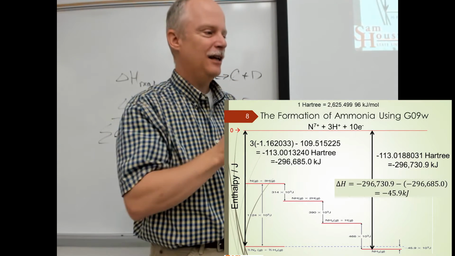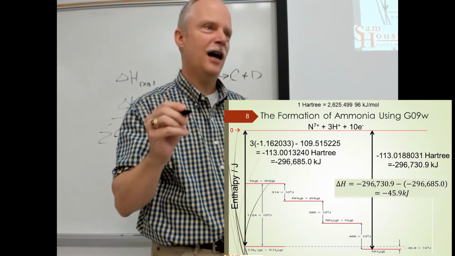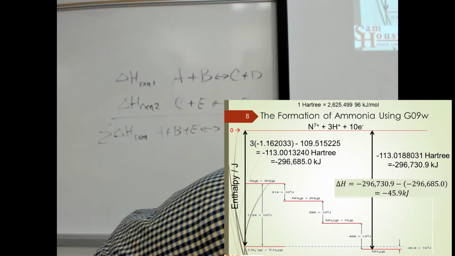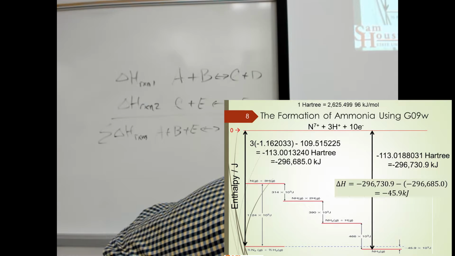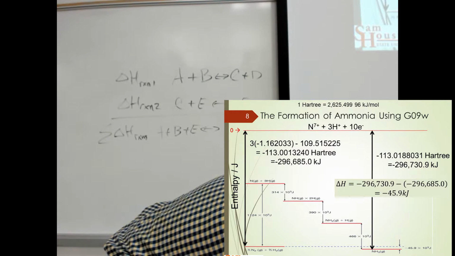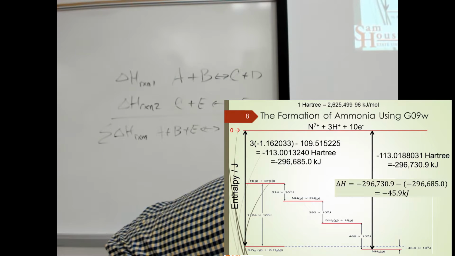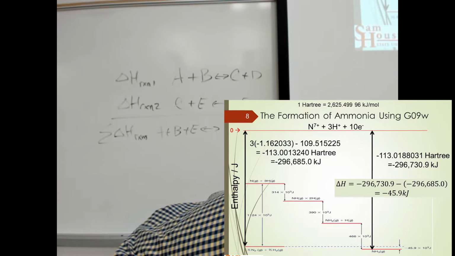But you see they calculate independently the hydrogen atom and the nitrogen atom. And I take the energy of the hydrogen atom here, and I multiply by 3. And I take the energy of the nitrogen and add that to it, and I get the negative 113 Hartrees for the 3 hydrogen and 1 nitrogen atoms. And so converting that to kilojoules per mole, and really we're just dealing with sort of one reaction here, so the per mole cancels. So this is the one that you would want to use.